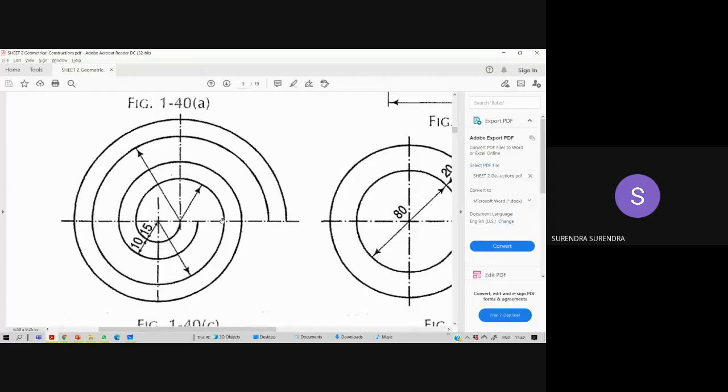So with this, the first sheet, sorry, the second sheet, geometrical constructions, is completed. In geometrical constructions, from an examination point of view, we don't get questions, but the importance is to make you practice drawing instruments and simple procedures, which are further helpful in next topics. Is it clear?